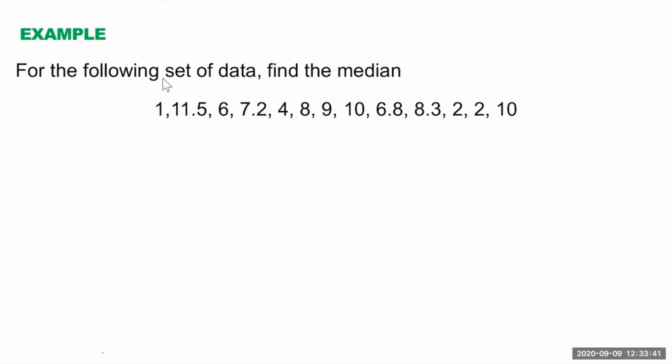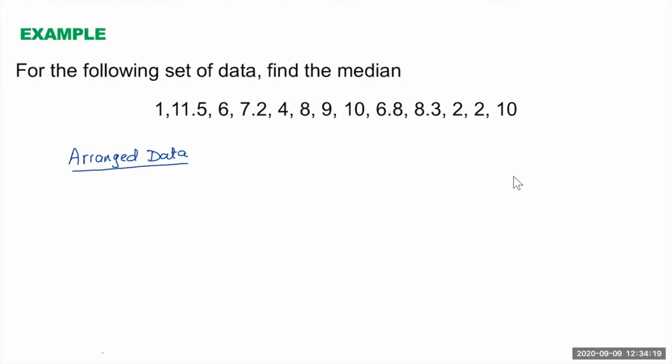Example, for the following set of data, find the median. So here we have the data. If you look at it, we have 1, 11.5, 6, 7.2, 4, 8, 9, 10, 6.8, 8.3, then we have a 2, the other 2, and then 10. So this data is not arranged. So our first step is to arrange this data. So let's arrange this data together. Let's write down. Arranged data will be,